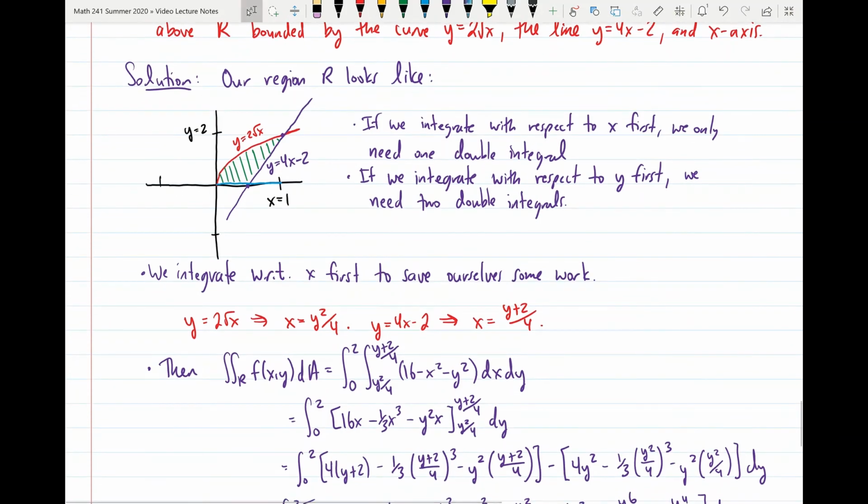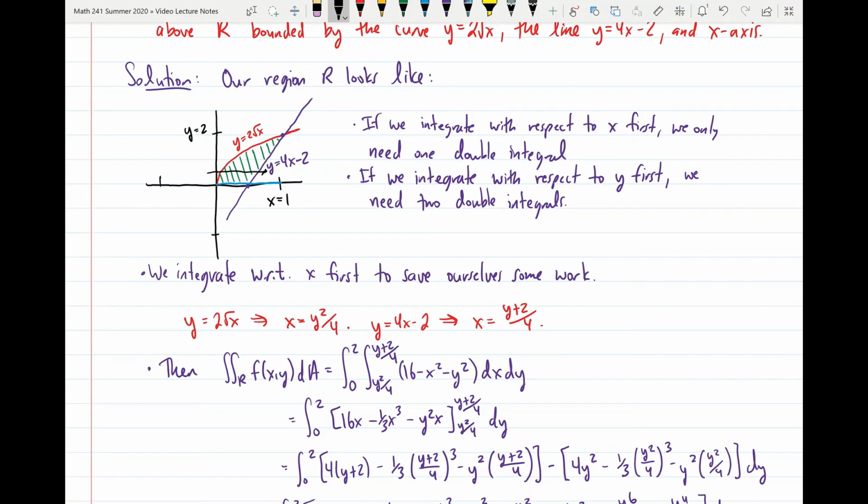And if we integrate with respect to x first, we're only going to need one double integral. But if we integrate with respect to y first in this case, we need two double integrals. So let me try and explain why that's the case. So if we integrate with respect to x first, then we're looking at cross sections that are going in this direction. And the key is to notice that for these cross sections, they're going to be bounded below by the